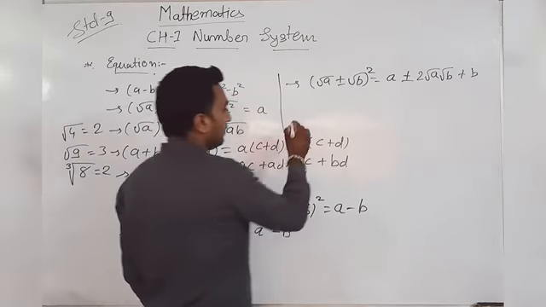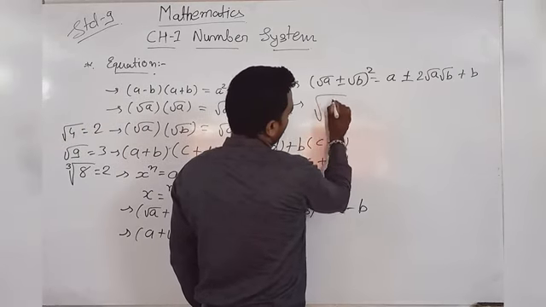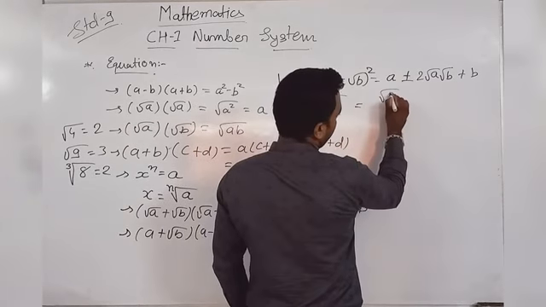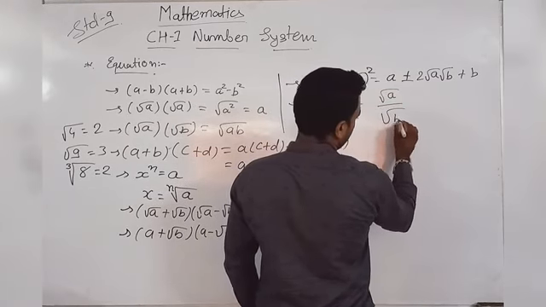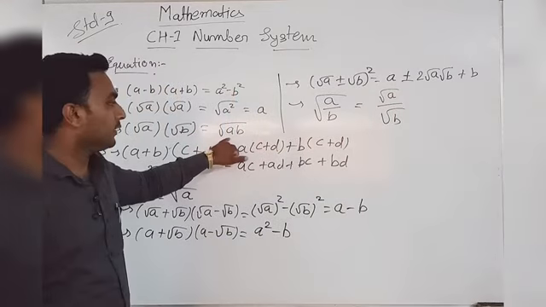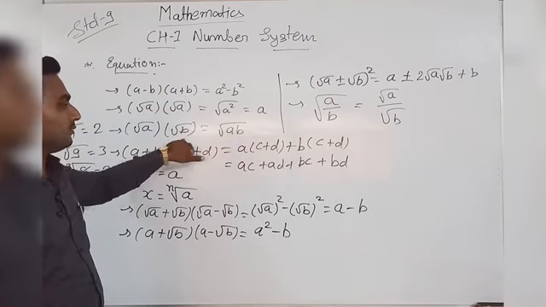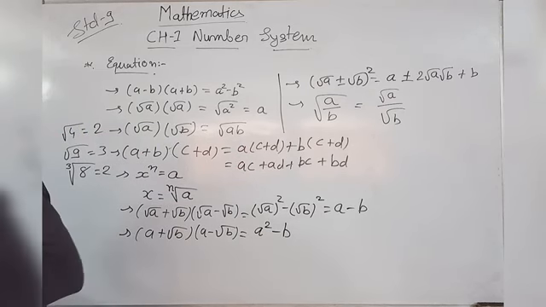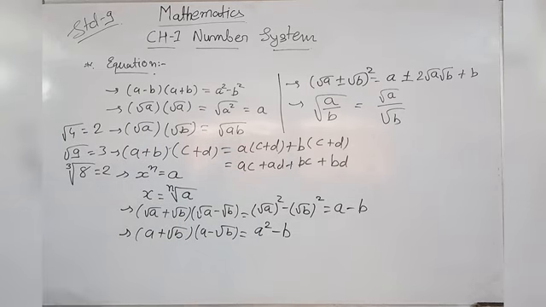Then next one is the remaining one, root a upon b. Then what is your answer? Root a upon root b. Same as suppose you have root ab, then you can write this as root a multiply root b. Clear? Then next we are going to start with our exercise